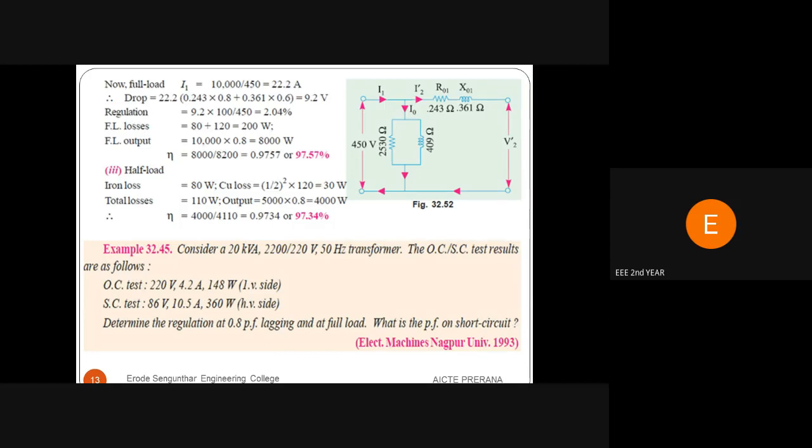So for off-load conditions, to calculate the efficiency of the transformer, we have to determine the off-load copper losses and add them to the full load iron losses. We can get the total losses of the transformer. So efficiency is output power divided by output power plus losses. The output power also we have to divide by 2.